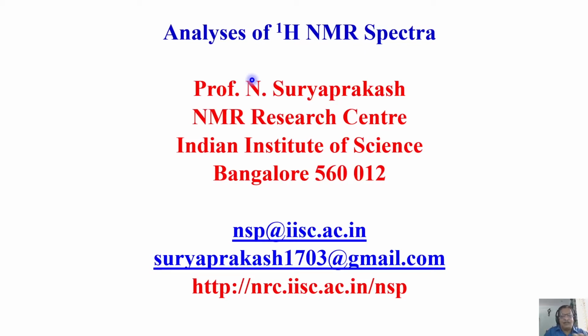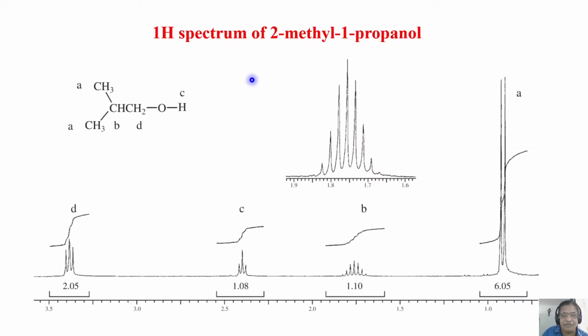In the sense, you can start assigning the peaks and get what molecule you are looking at. This is basically what you can do in the analysis part. Of course, if you want more information, you can analyze the multiplicity pattern very carefully so that you can get the J coupling information also. That's also possible. But again, we will continue like this with the analysis part.